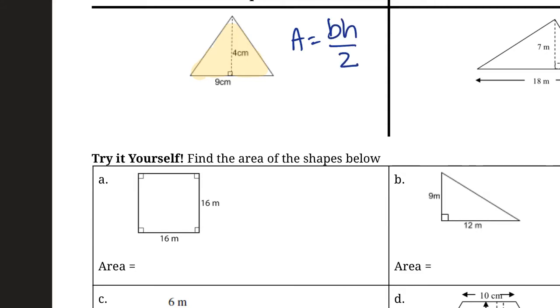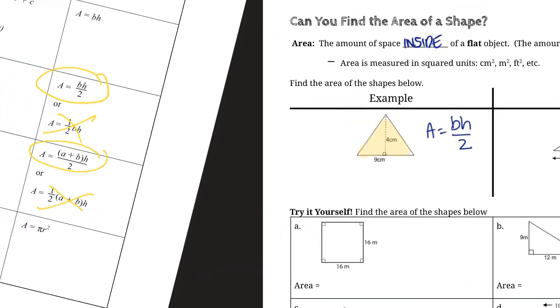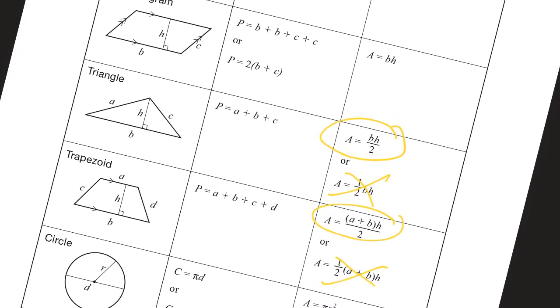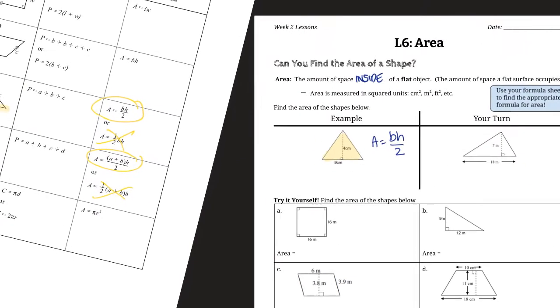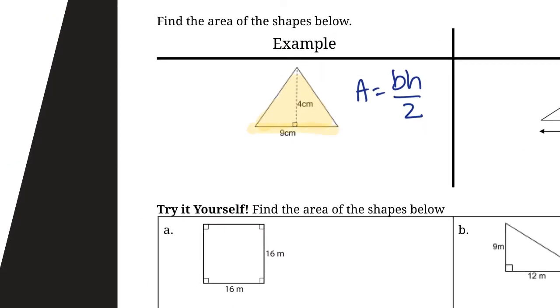So the next thing is, what is B and what is H? Going back to our formula sheet, we can see B is referring to this down here, right? And H is referring to this. So if we go back to our triangle, you can see our B is down here, and our H is the thing that comes up from it. So let me actually label that on here. That'll make it easier. So we're saying that this is our B and this is our H, right? So if we just plug that into the formula,